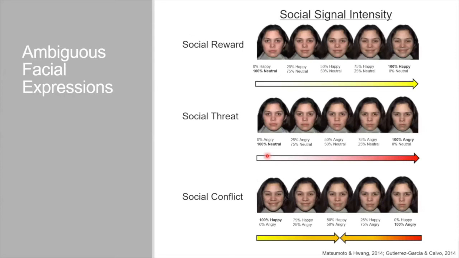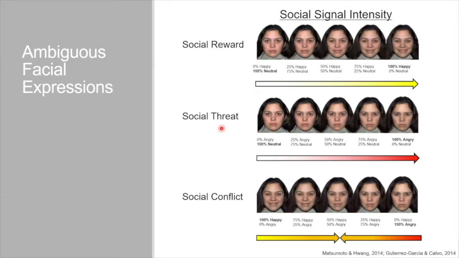Instead, what we see in more of our daily lives, and tends to be more ecologically valid, is these more subtle facial expressions that tend to be more ambiguous. So just to walk you through this slide, there's varying degrees of what I call social reward, or you can think of as happiness. So we start with neutral, and we go in increments to these more subtle expressions of happiness. You can see there's just a little bit of a smile, a little bit of the raised eyebrows, all the way to more full, complete happiness.